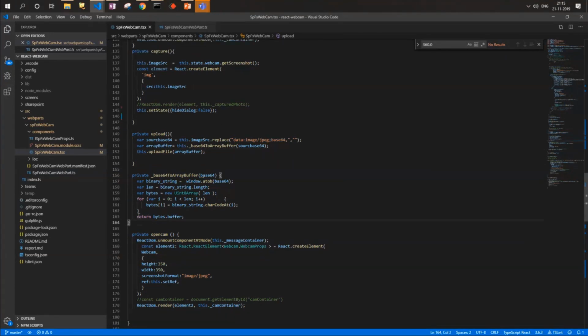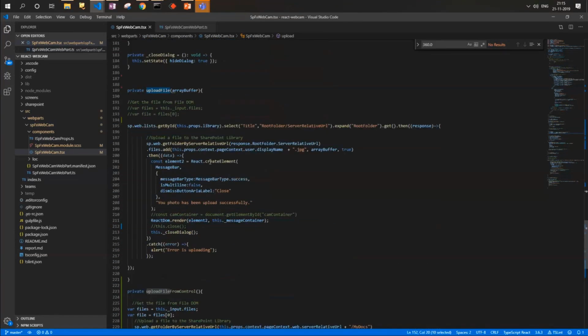Then this method converts my base64 to an array buffer, and then there is a method called upload file, where I am using PnP JS to upload a document to a particular library.